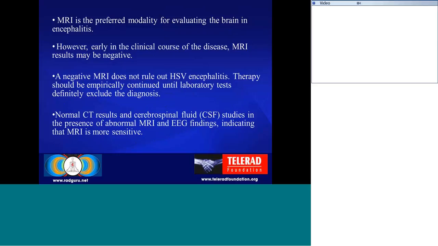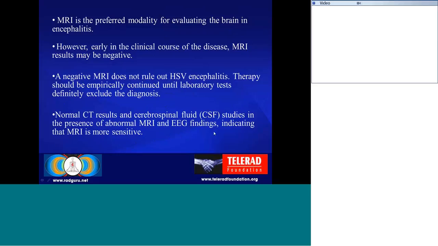One thing you should remember is that a negative MRI does not rule out herpes simplex encephalitis or a viral encephalitis. Therefore, the therapy should be instituted. If clinically there are findings of encephalitis, then the therapy should be instituted and laboratory tests done to exclude the diagnosis. And normal CT results and cerebrospinal fluid studies in the presence of abnormal MRI and electroencephalogram findings indicate